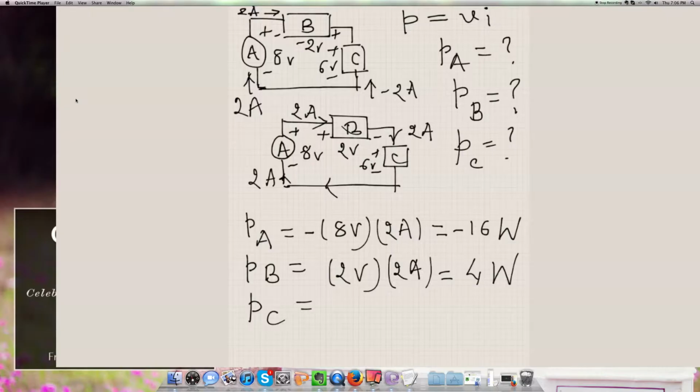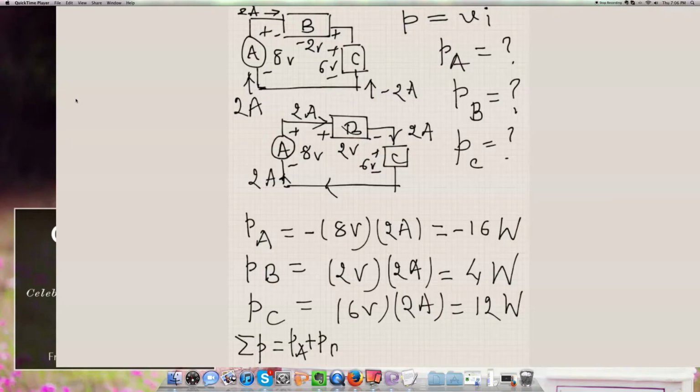Once again, the voltage is 6 volt, current is 2 amp. So as we multiply 6 and 2, that's a 12. And again, this time, as we say, the current 2 amp is going through the plus polarity of the device C. So we have simply plus on the front. So if we add all these powers, we have summation P observed, as we said, is P sub A plus P sub B plus P sub C